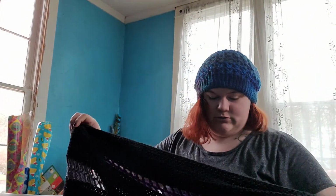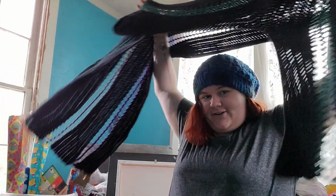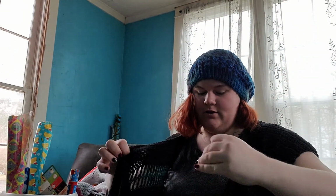This one, I have not shown really anybody. You guys will be the first. I have not taken pictures of it. I have not done much with it. You guys will see it here first. It is a vest. It is the Saltwater Taffy vest. The tutorial is on YouTube. I made it with I Love This Cotton